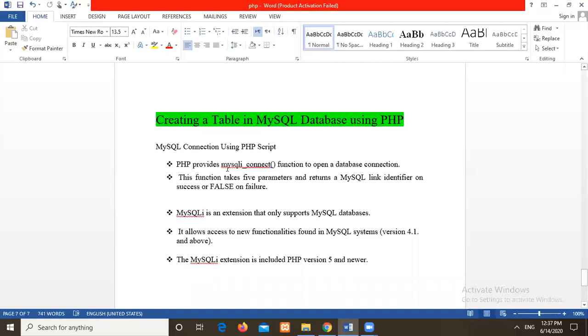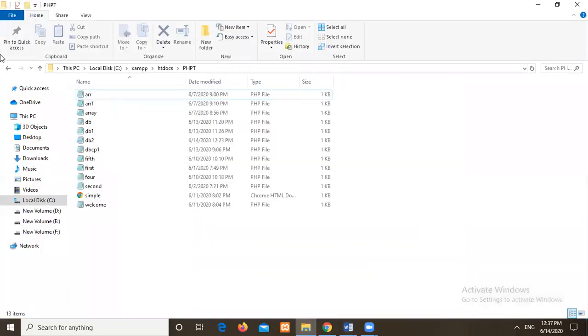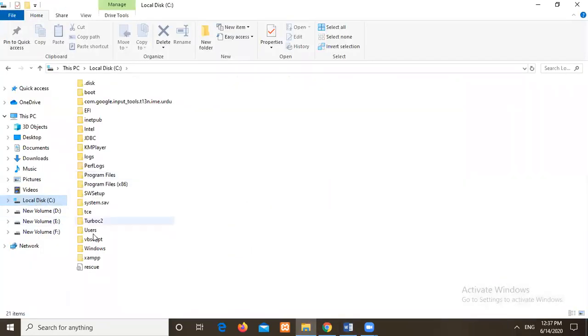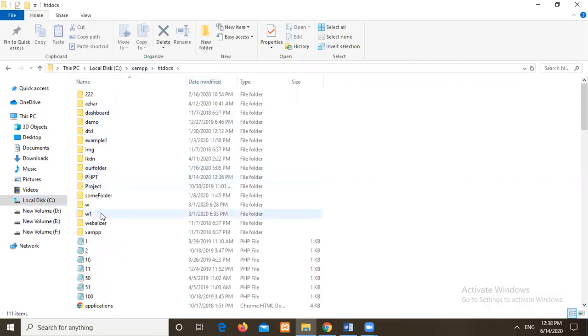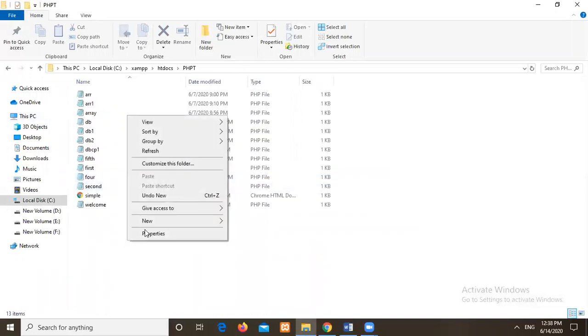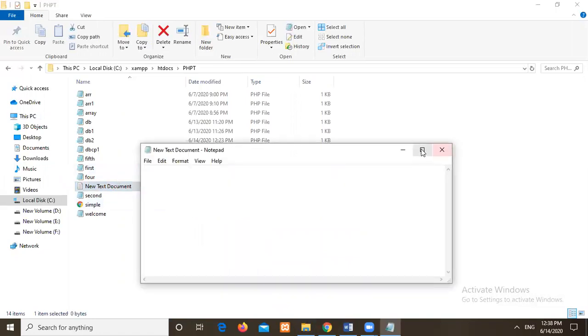Okay, here we are using two important functions, mysqli_connect and mysqli_query functions, right? Here I will show the example of practical how to write the program to create a table. So I will go to the location where we write our programs. In C drive, we have XAMPP folder. In that htdocs, okay, our project folder name is phpt. Here we will write the code. Here I am taking one new notepad. Okay, here I will write the code.